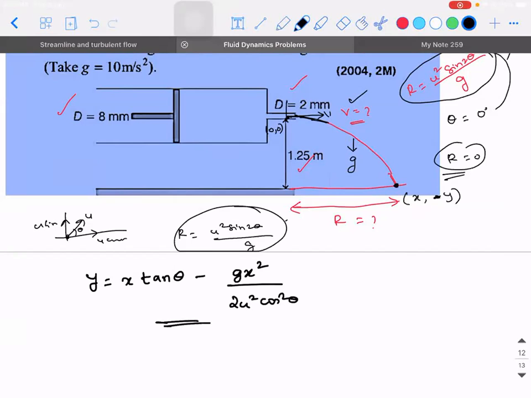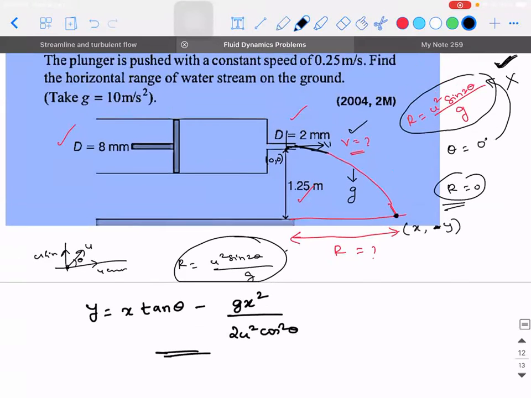Here the concept that I'm discussing is not specific to this problem. It's already given, it's already done. They're not going to ask the same thing again. Suppose the same problem comes in electrostatics, or suppose the same problem comes in magnetism, that is from your 12th standard. You should be able to apply this concept. Are you guys able to think? Are you able to understand what I'm trying to say? Is this clear? Any doubt? Okay, I'm proceeding now.